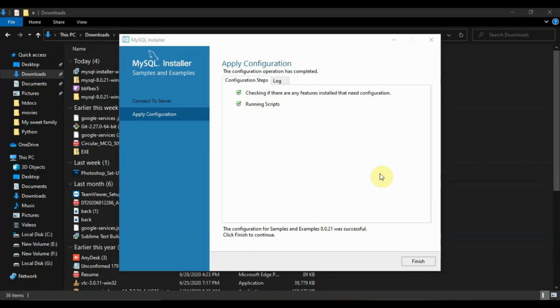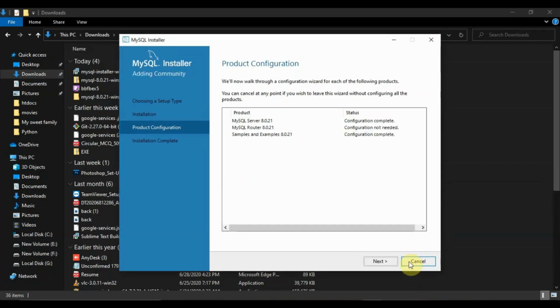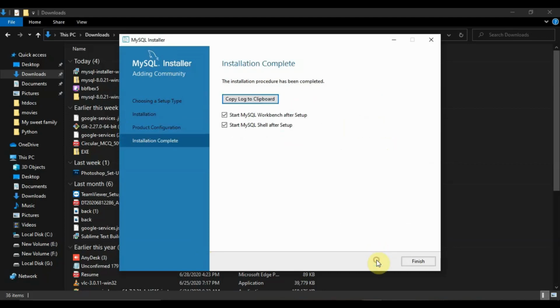Now click on finish. Again product configurations, go to next. Now when the installation complete page comes, you have to remove the checkbox of start MySQL Workbench after setup and go to finish.